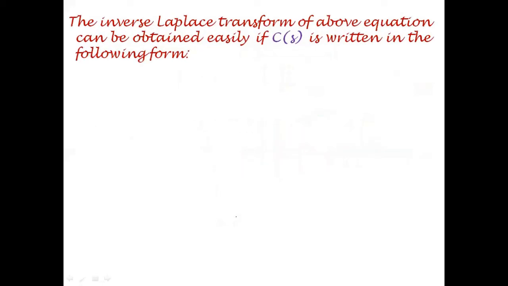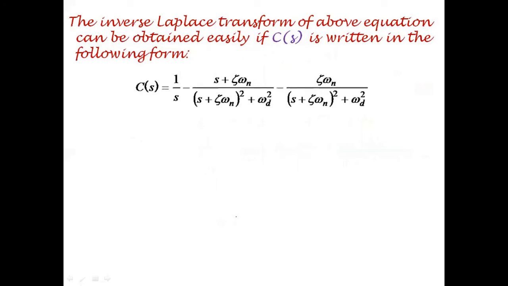The inverse Laplace transform of the above equation can be obtained easily if C of s is written in the following form. We have written it in this form so that the inverse Laplace transform becomes very easy for us to proceed. So now we know the inverse Laplace transform of 1 by s will be 1, and the second term